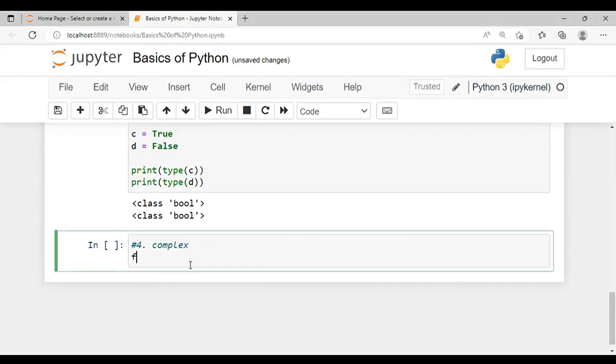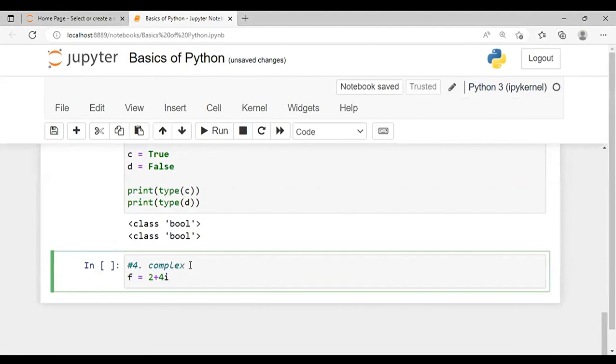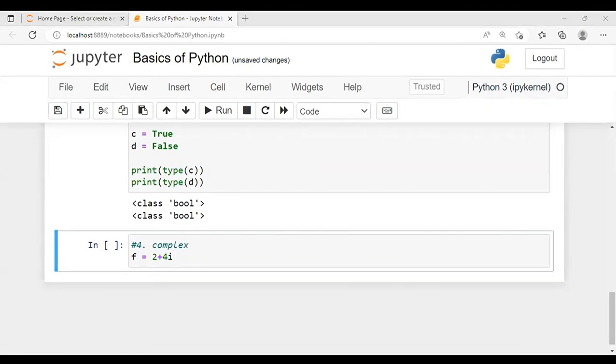Let's say f is equal to, for example, 2 plus 4i. This is how we used to define the complex number in mathematics. It's not a numerator denominator, it's just an imaginary number. You remember that? Using i we used to